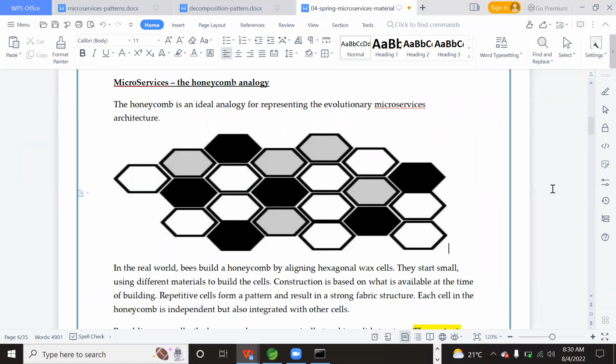If you look at the honeycomb analogy, honeybees create the honeycomb by constructing small wax cells. These hexagonal cells are called wax cells.